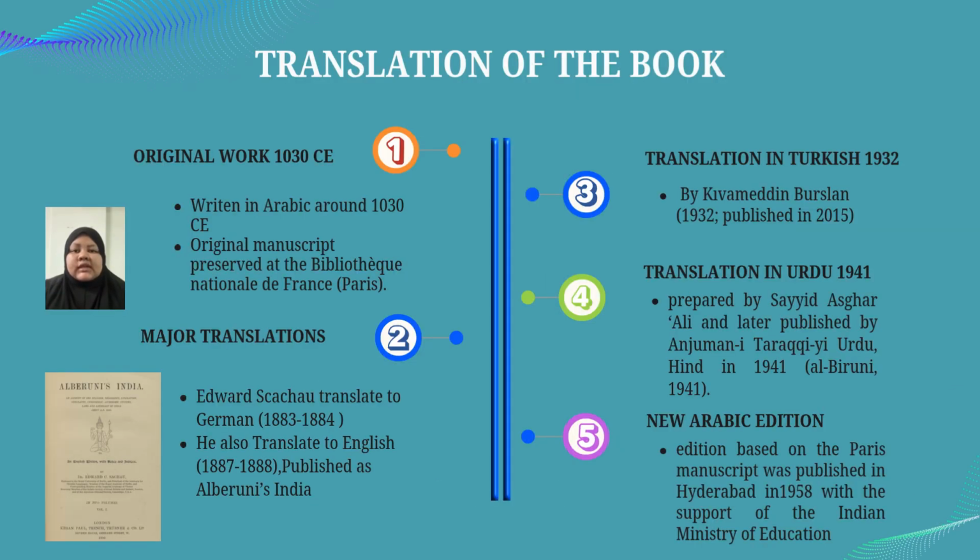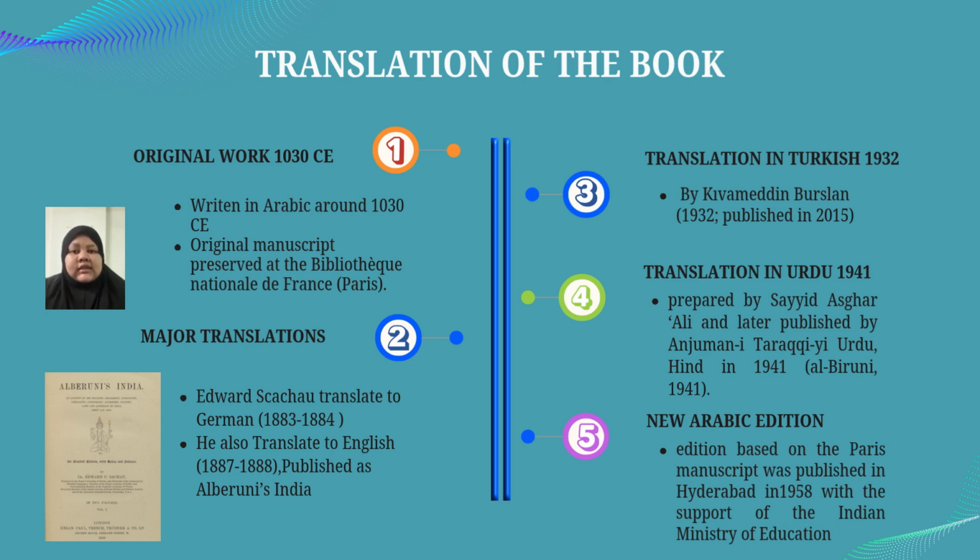Next, I will explain about the history of the translation of the book. The book was originally written in Arabic around 1030 under the title Kitab fi Tahqid Malil-Hind. The original manuscript is preserved at the Bibliothèque Nationale de France in Paris. The first major translation was done by the Orientalist named Edward Sachau. He translated it into German in 1883 until 1884 and later into English in